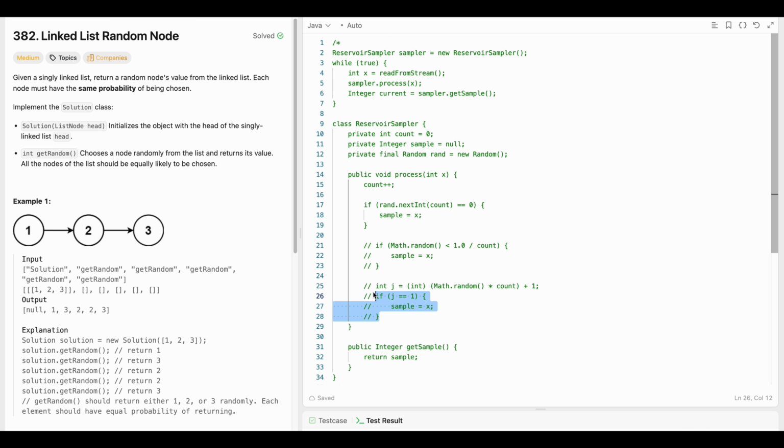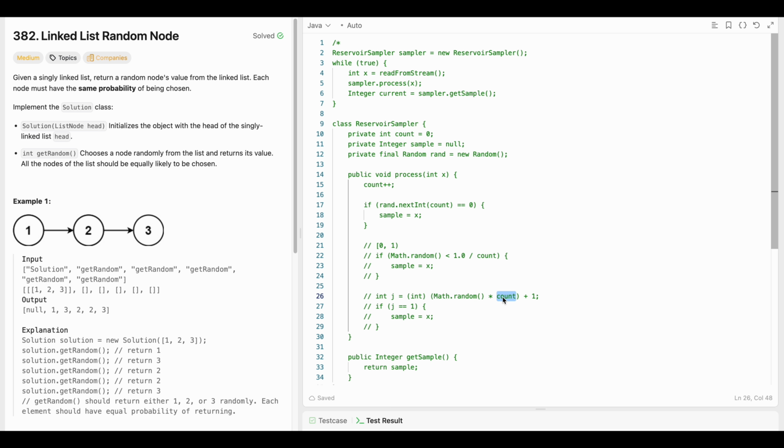And for this one, this is the example from algorithm R. Here we take the output of math.random and multiply it by count, and then we increment it by 1, because for math.random the last value is not inclusive. For example, if the initial count is just 1, then math.random times 1 and converting it to an integer is going to give us 0, and adding 1 to it would set the value of j as 1. And when the count becomes 2, then this value is either going to return 0 or 1, and we simply add 1 at the end so that the final value of j is either 1 or 2,